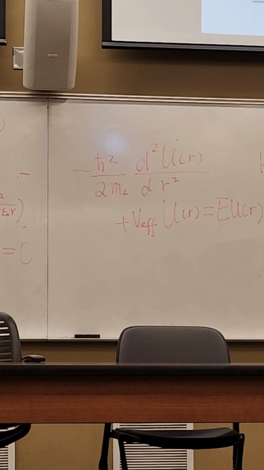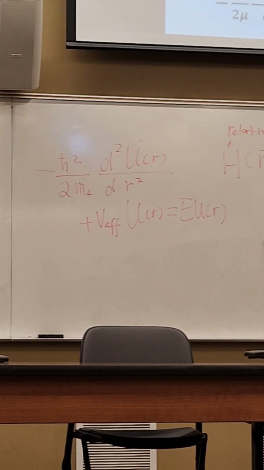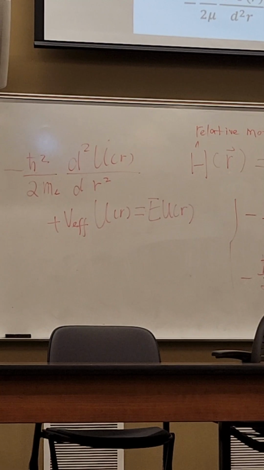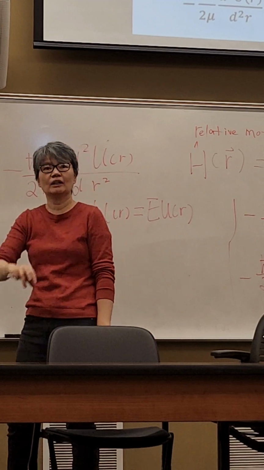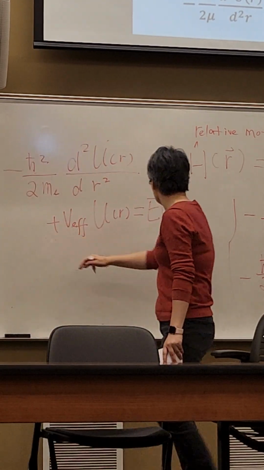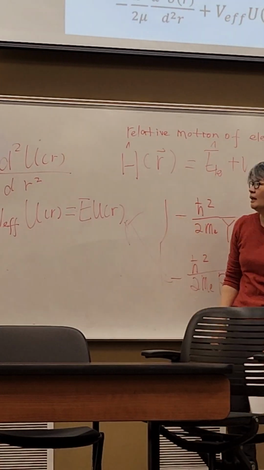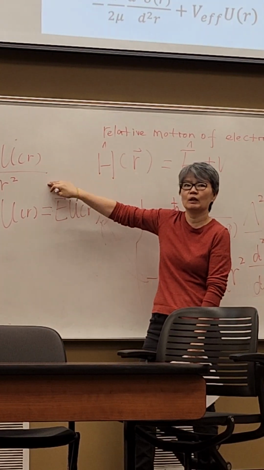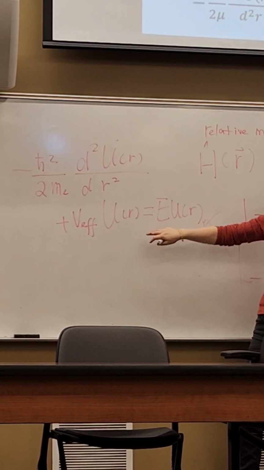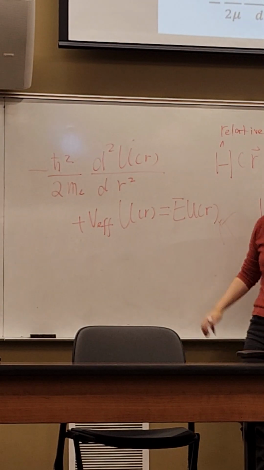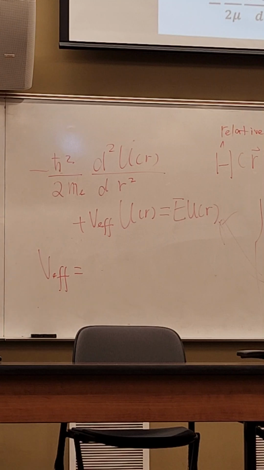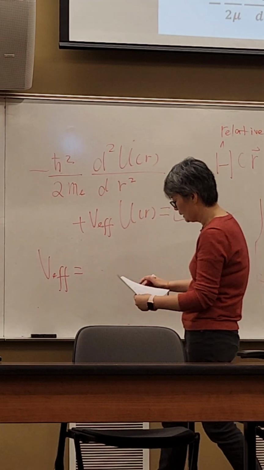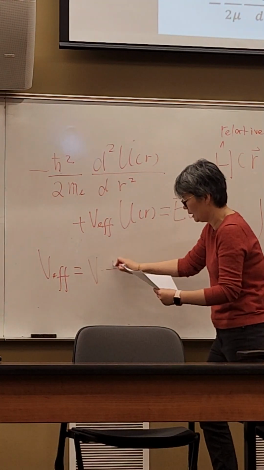Basically, in order to solve this one, it looks awfully abstract and complicated, but if we do the substitution, instead of solving for R right away, with U just equal to the R function times the variable R, then this expression can be simplified. Guys, look at this. It's just a function, second order with respect to the R variable. It's much easier to solve something like this. That's about it. Nothing fancy, but here we see the V effective. V effective is a group, through the manipulation, that equals two components. One is your V, potential energy, and then plus